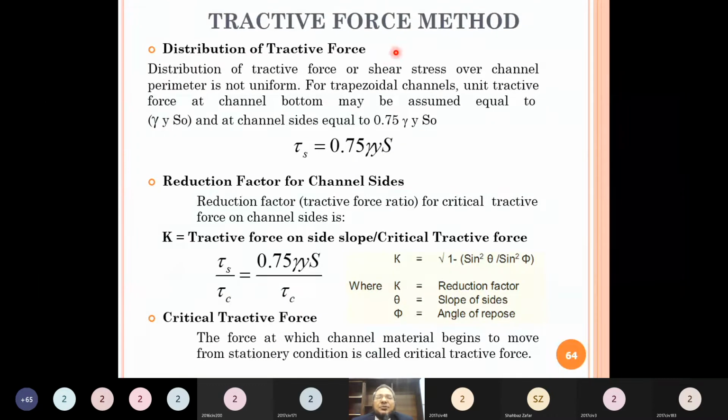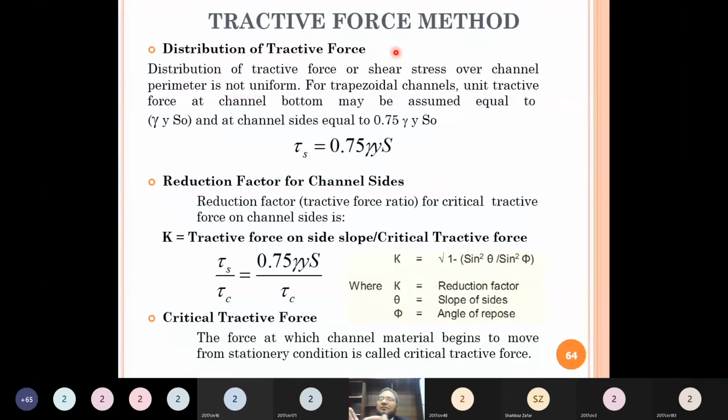Now, what about the distribution of tractive force? Do you think that the tractive force acting on the bed and the tractive force acting on the sides is the same? What do you think? No, sir. Which one should be lesser? The tractive force which is acting on the sides. Why? Because as we move up the depth of flow,